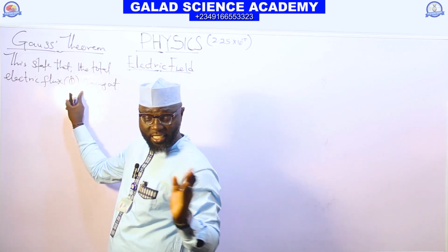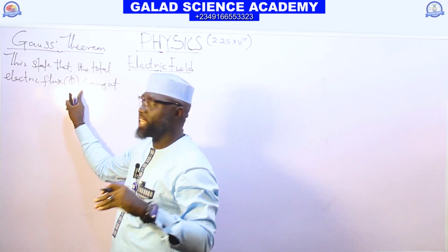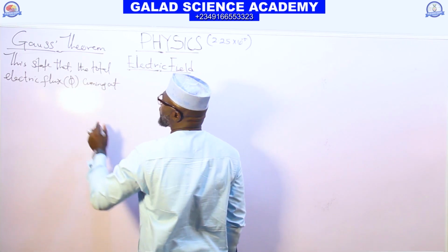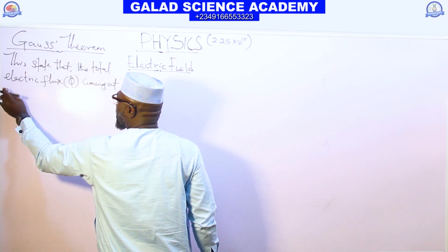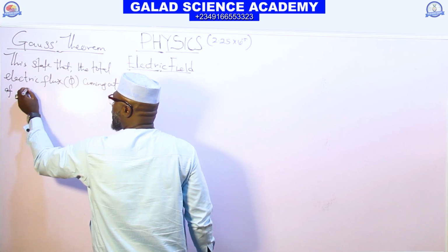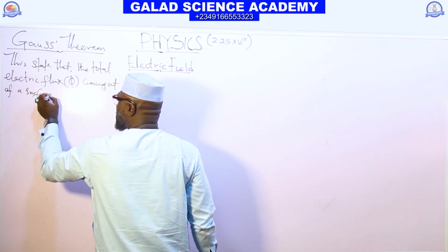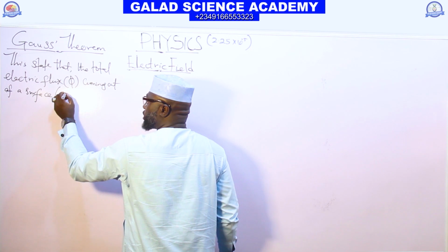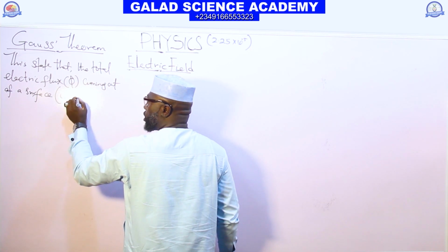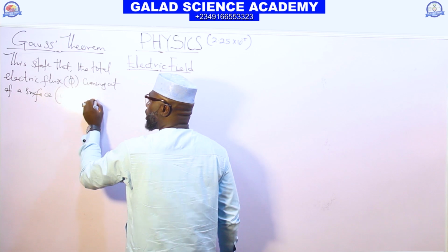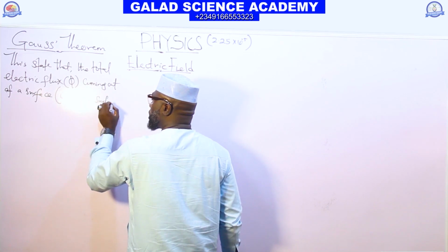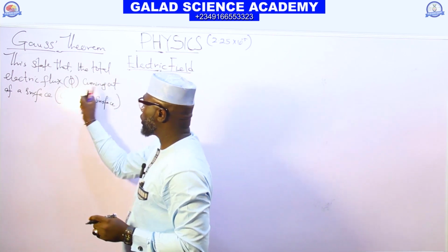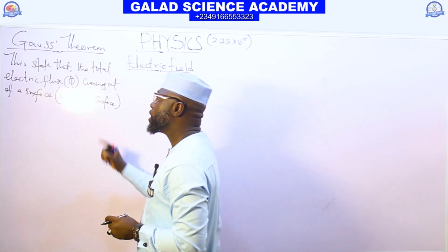The field line. That's coming out of a surface. And the surface, we always call it Gaussian surface. So the total electric flux that's coming out from a Gaussian surface